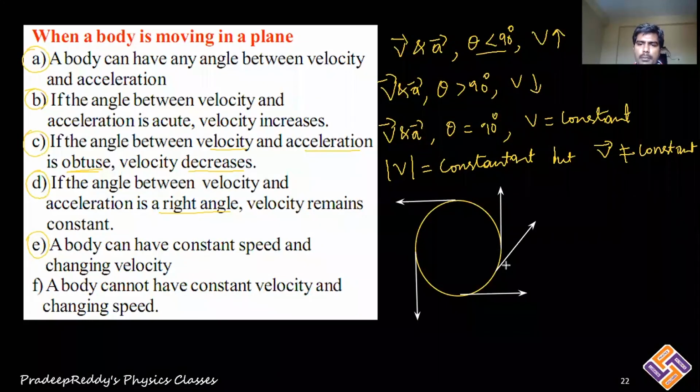At any particular point, if you find the direction of velocity, it is not constant. But the magnitude can be the same, it does not vary. The magnitude of velocity can be constant, whereas the direction of the velocity vector undergoes continuous change with respect to time. That is the case in circular motion. The example for that is circular motion. Right? Next. Please hold on for a while.